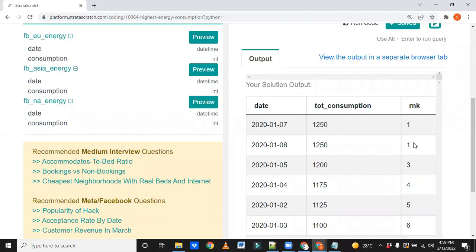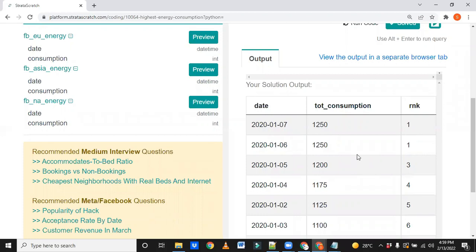So the first result is fine. Whether you use rank or dense rank, it is fine. But what about the second highest if you want to pick, or the third highest? This is not correct, right? If I want to pick the second highest, then where will you pick it? In that case it won't perform as we expected.